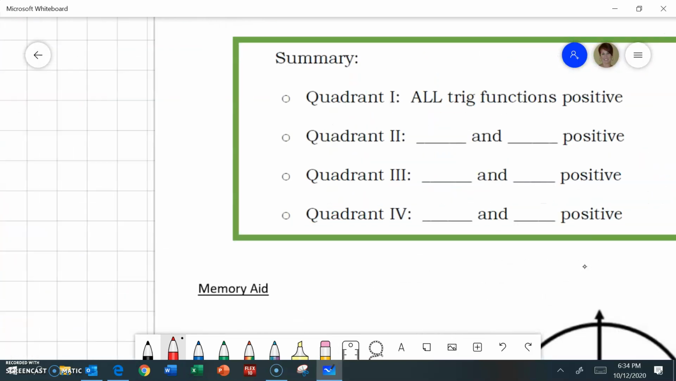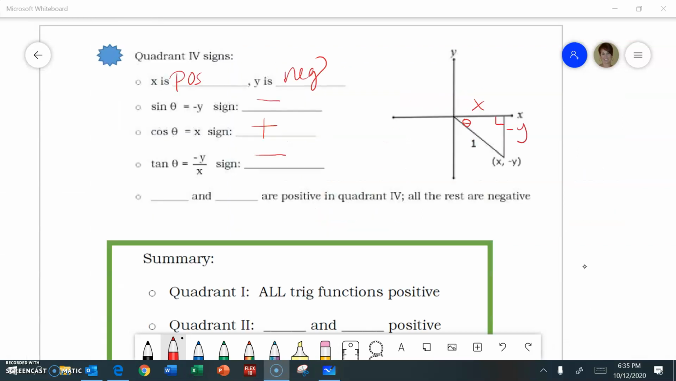Now to the next page of your notes to finish off quadrant 4. Once again, I have the triangle set up. So we have x is positive, y is negative. So your sine is negative, your cosine is positive, and your tangent is negative. So in this last quadrant 4, we have cosine and its reciprocal, which is secant. So now you'll go on to the next video to wrap up our